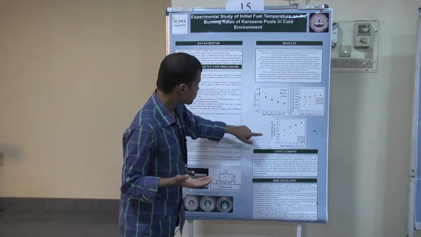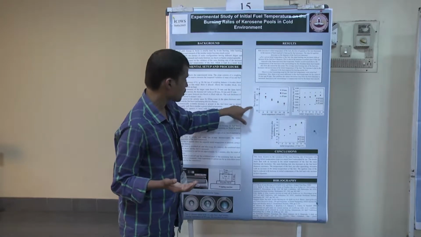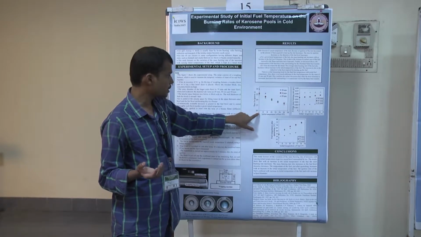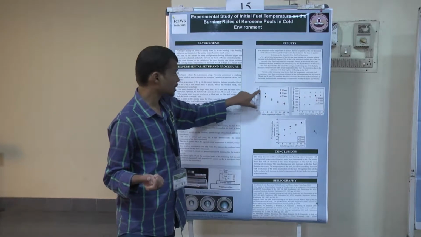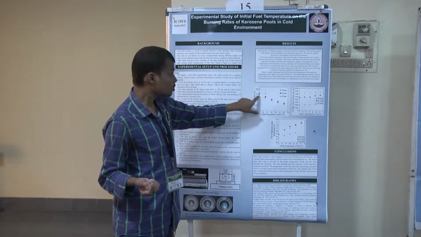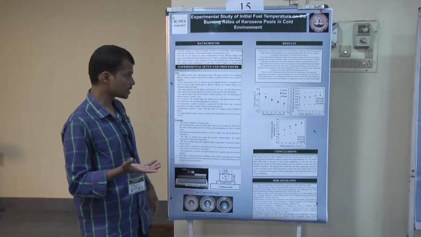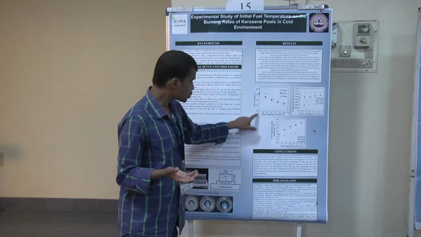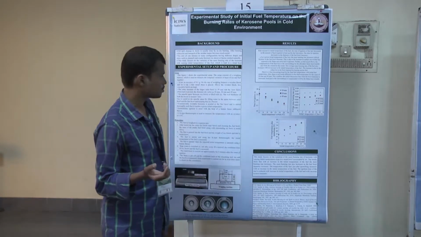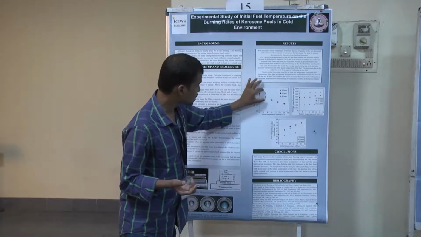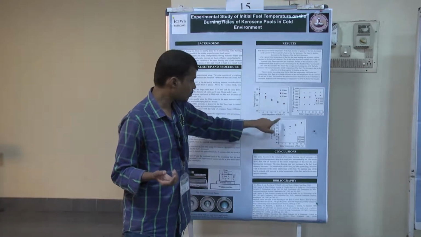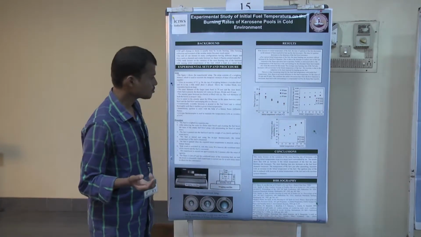See, these are the results, and it is initial temperature of the fuel versus time of ignition. We can clearly see that at 4 degrees of the fuel temperature, for 30 mm bowl it is taking 30 seconds, but for 49 mm bowl it is taking only 25 seconds. So there is a lot of difference in ignition temperature. As you increase the initial temperature of the fuel, the difference in ignition temperature between 30 mm bowl and 49 mm bowl is reducing, and they are almost same at 12 degrees.